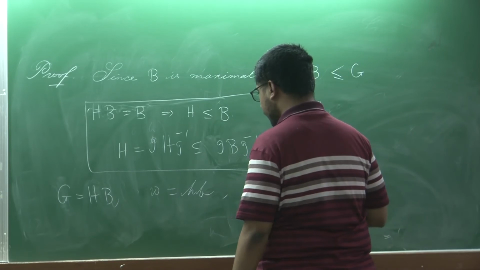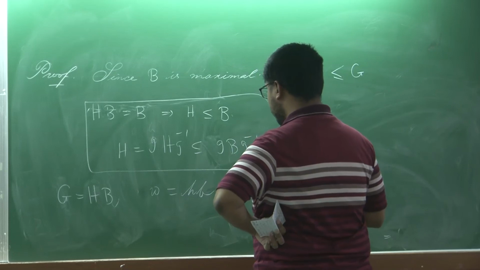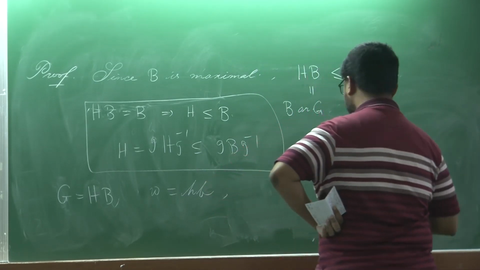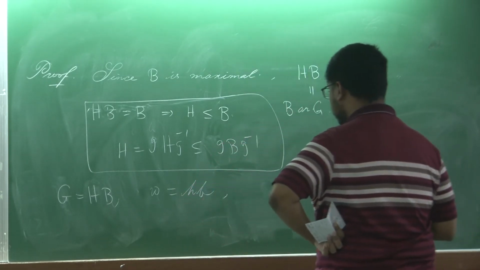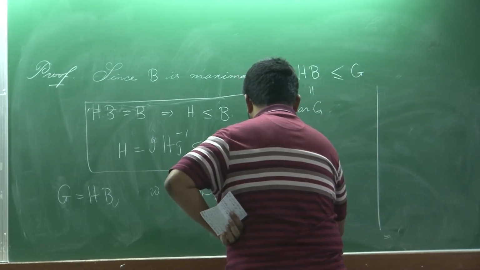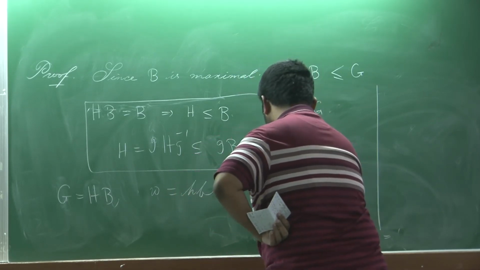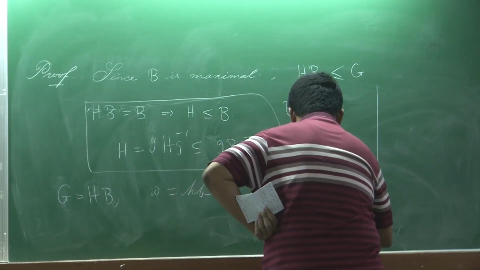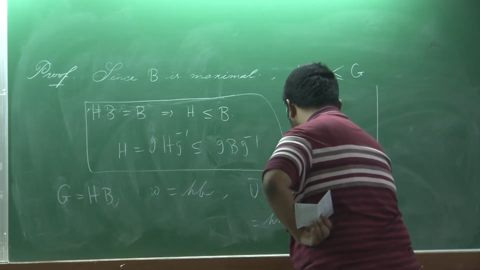So, U prime, all right, U B inverse. So, U bar being W inverse. Okay. So, W is HB, then HBU B inverse H inverse, and this is again